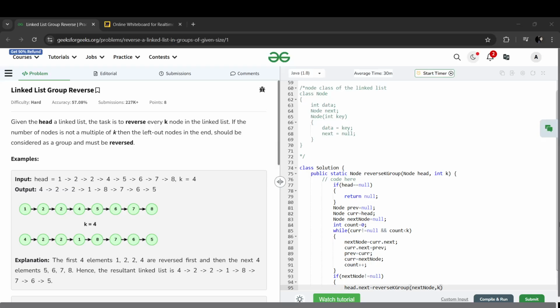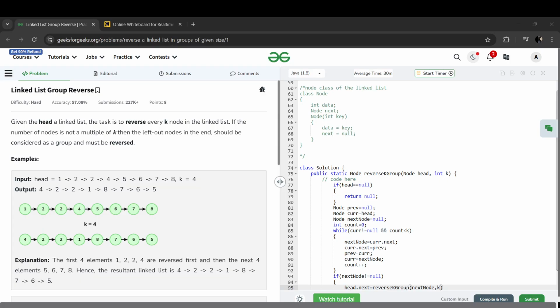So basically what we are doing is recursively calling for the remaining nodes, and then connecting the end of the reversed group to the next reversed group.